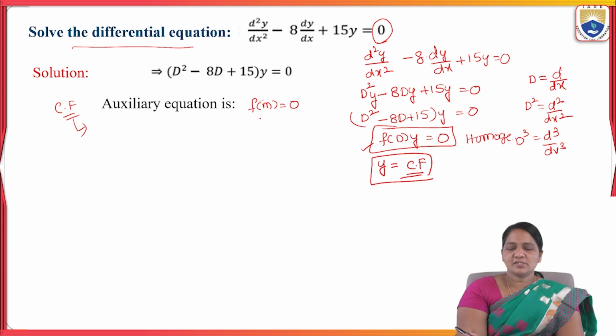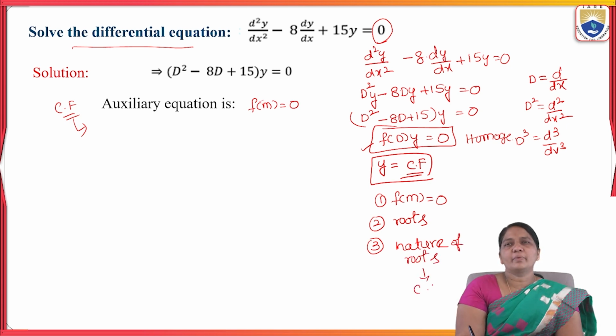So what are the steps we have to follow? First we have to write the auxiliary equation. What is the auxiliary equation? f of m equal to 0. What is the second step? We are going to find the roots of the given equation. What is the third step? Depending on the nature of the roots, we have to write the complementary function. So these are the three steps we are going to follow here to find the solution of the given